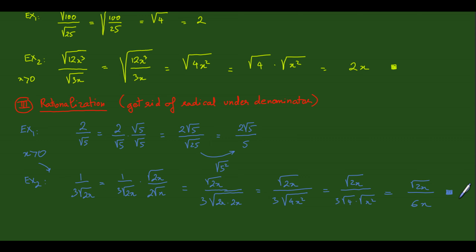But what if I have something like this? What if I have something harder? Let's jump to the next page. Example 3. What if I have something like this? 2 over 1 plus square root of 3. Okay. Alright. So in order to rationalize this expression,